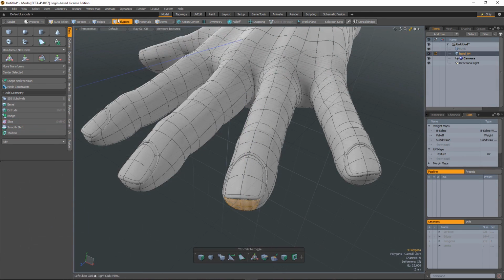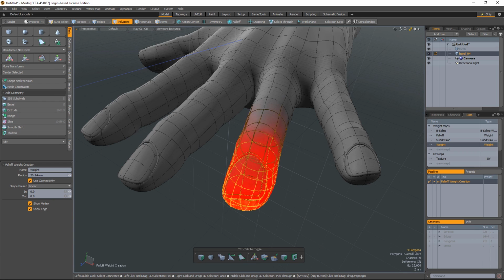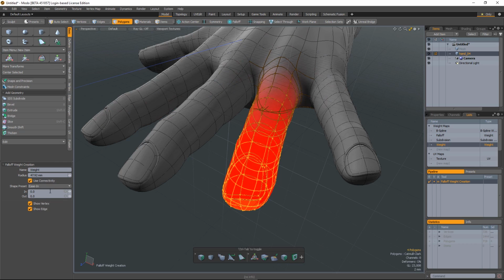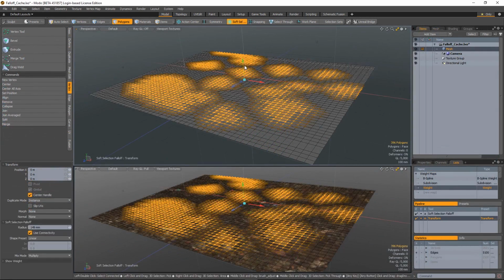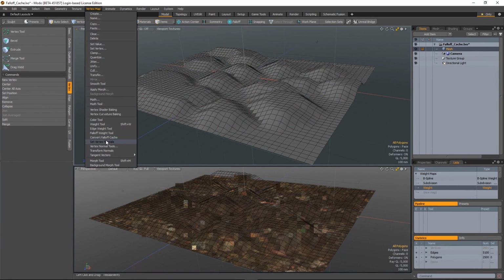The new Falloff Weight tool will create a weight map based on a polygon selection and a defined soft selection area around it. The area is controlled by dragging in the viewport, and there are options for naming the weight map, deciding if the tool will only affect connected geometry, and also the shape of the falloff. In addition, you can now convert the Falloff Cache generated from using either the element or soft selection falloff into